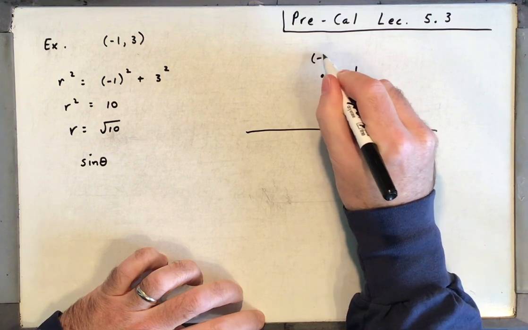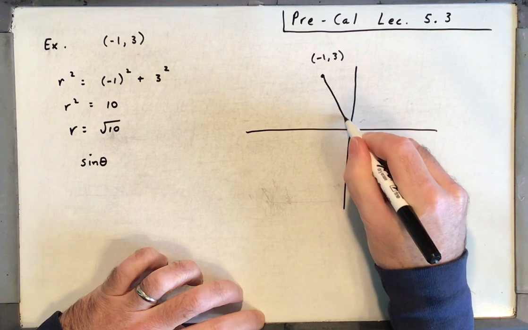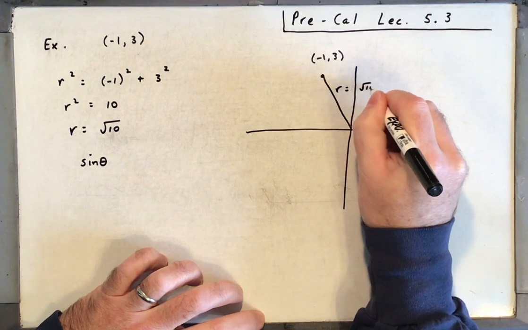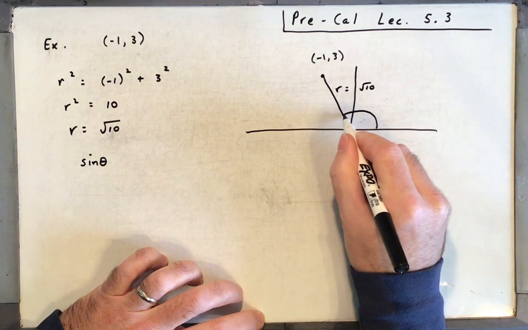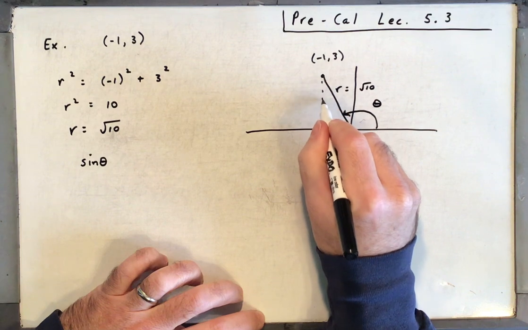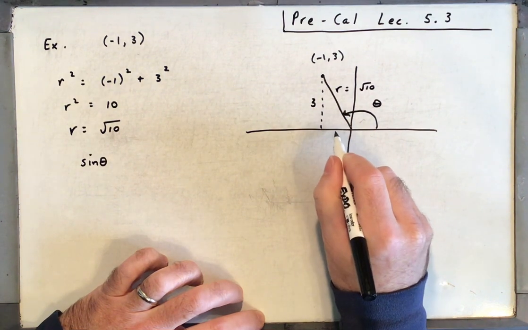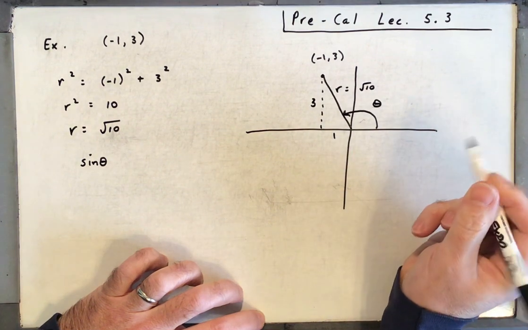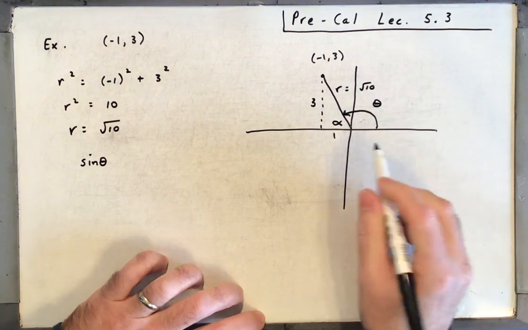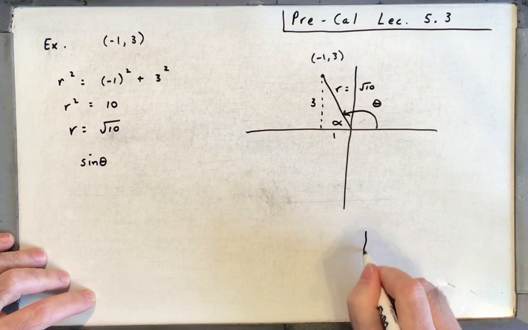All right, so this is the point (-1, 3). That's r, and we've already figured out that's the square root of 10. We're wanting to get the trig functions for theta. Our right triangle there, we have 3 and 1. So our reference angle is alpha. Okay, so if we can find the trig functions for alpha, then we can use